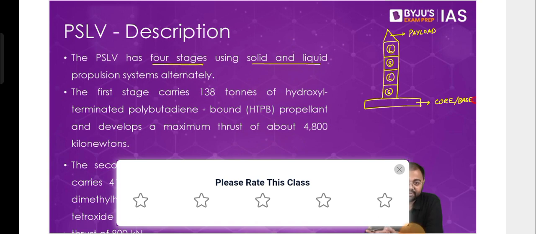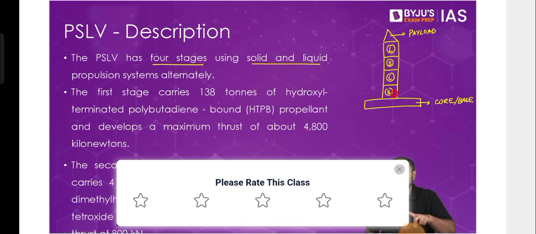Now, why do we always start with a solid fuel? Why do we always have solid as a first stage? What happens is that when you are launching the satellite, when you are on the Earth, the gravitational pull of the Earth is the strongest, correct? As you keep going outward, obviously the distance increases and the gravitational force decreases. So when it comes to the amount of thrust that you need, solid fuel will always provide the most amount of thrust compared to any other fuel. So that's why we always prefer solid fuel as the first stage.